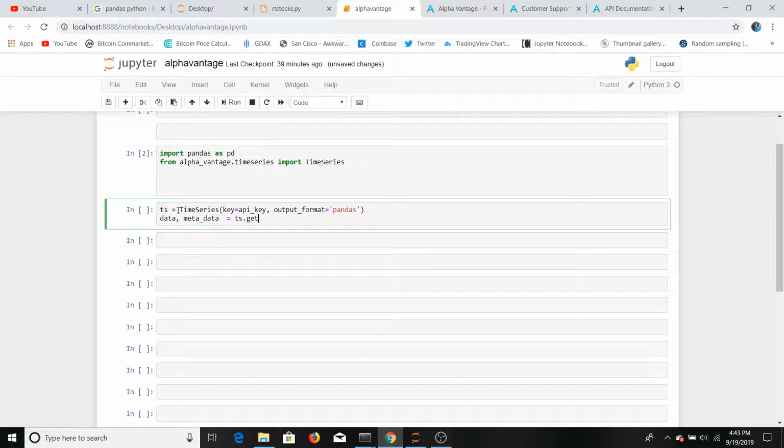and for this first example it is going to be get daily because I'm going to be getting the daily information for a specific stock. So daily, and then we are going to put symbol is equal to AMD. Okay, comma output size is equal to,